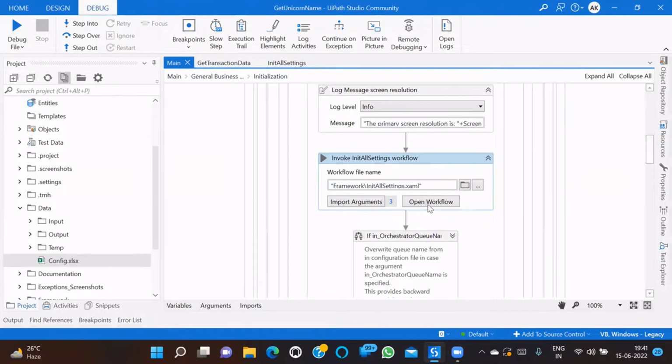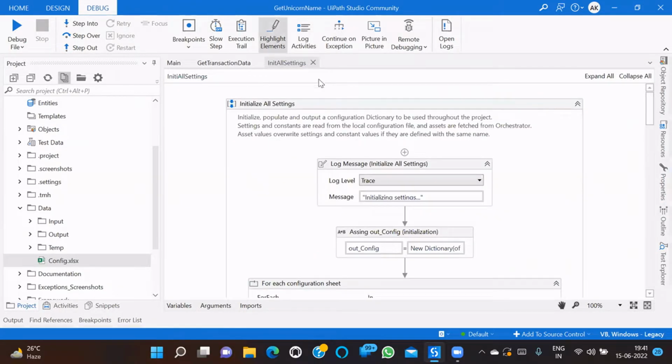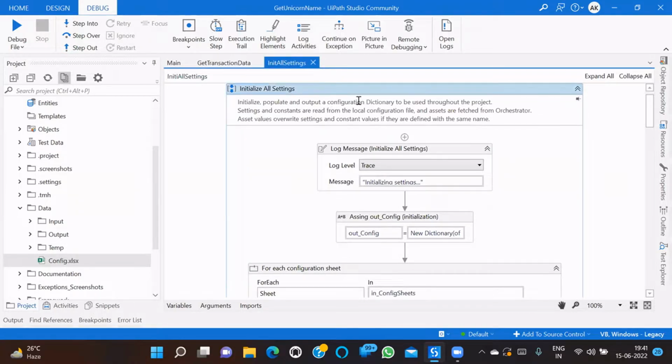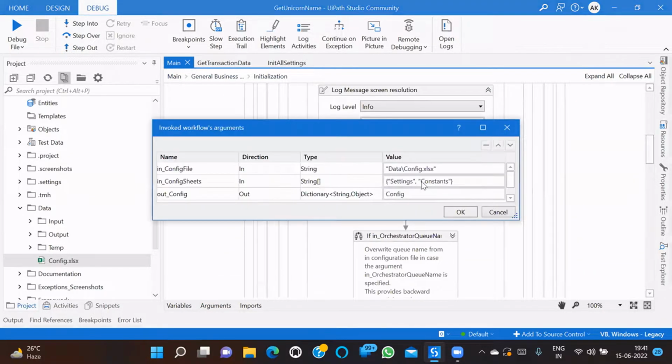Let me open this file, init all settings. Init all settings is nothing but a separate XAML, which is an XML file. In this XAML we can see there are 3 arguments, which we have already seen here as well: 2 input arguments and 1 output argument. In the input argument we were passing this config file path. This is present inside the data folder, so that's why data is there, then slash config.xlsx, and then we are passing